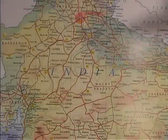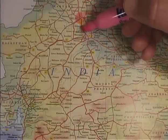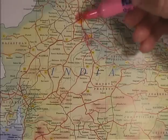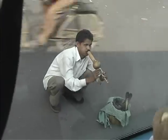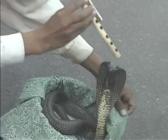The next day, we drove from Delhi down to Agra by motor coach. Years old, so we kind of say that these were, because in the 15th, 16th century, what happened was that the Mughals were ruling. And